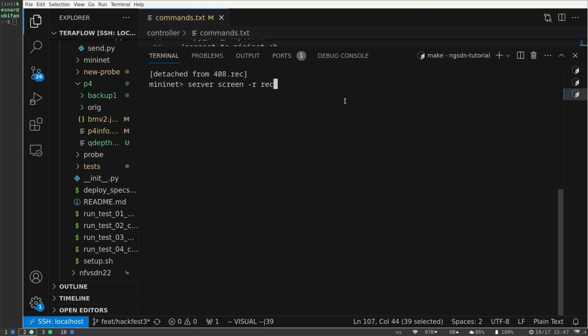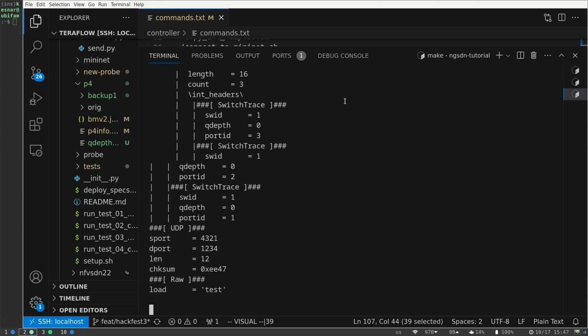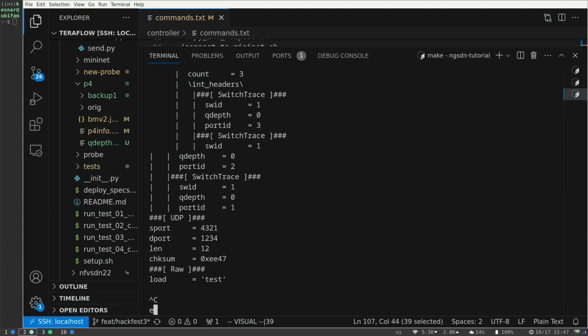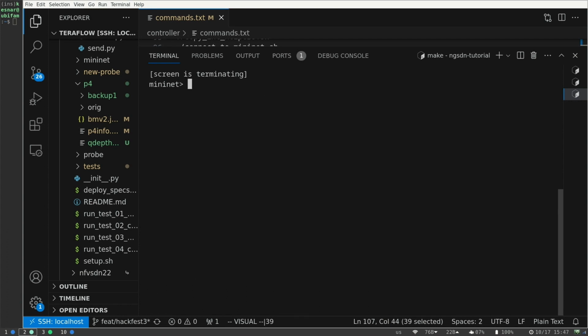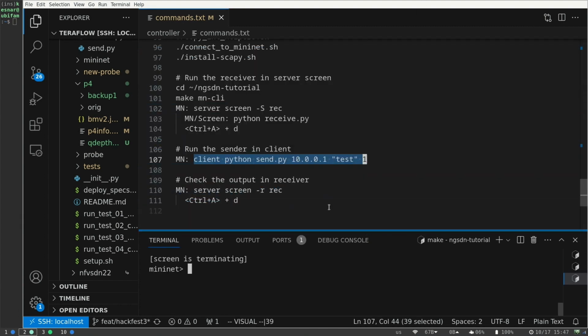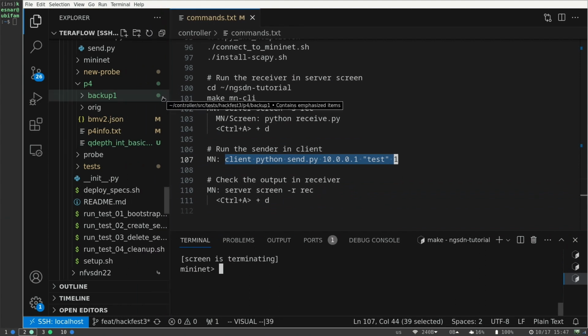First of all, enter here and just press Control and C, and then exit. Okay, so that we close this receiver. And now we want to see the P4 program. We want to see how we can change it to actually have the correct ID, first of all. Okay? So let's go over to our